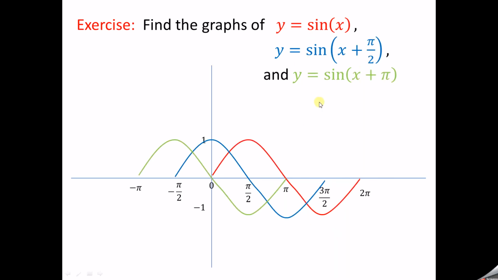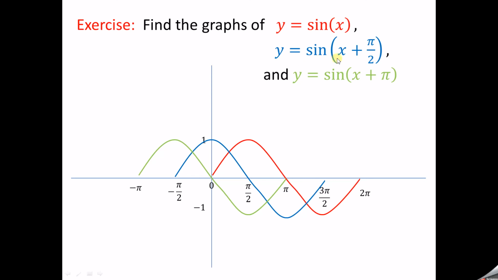Now if you look at this example, you can try this exercise by taking the x values between 0 and 2 pi and thereafter finding the other graphs. For the first function, y equal to sin x, the range is 1. For the second function, the range is 1. The third one also, the range is 1. A is 1. So for all three functions, the maximum value is 1. The minimum value is minus 1.